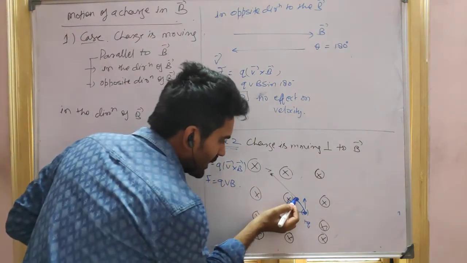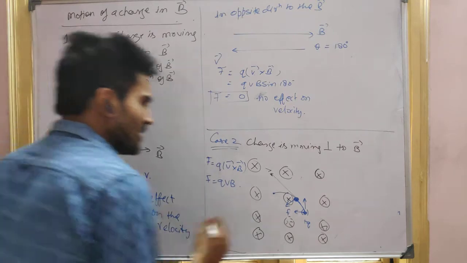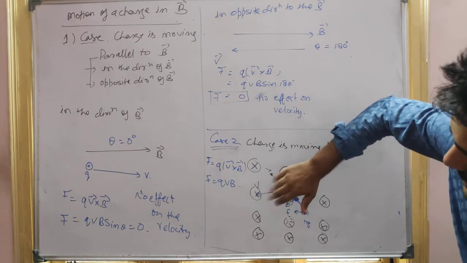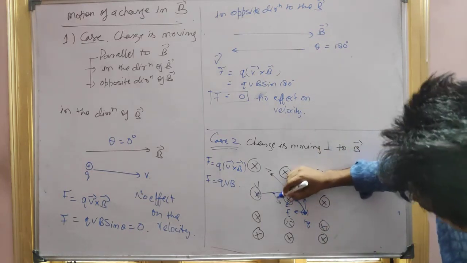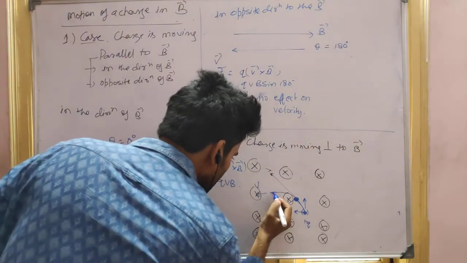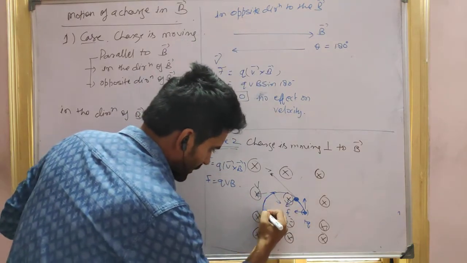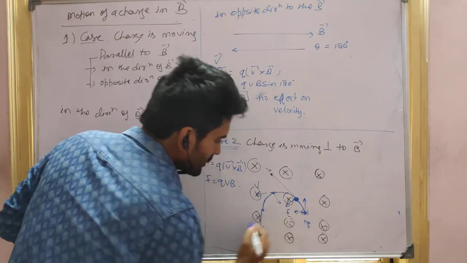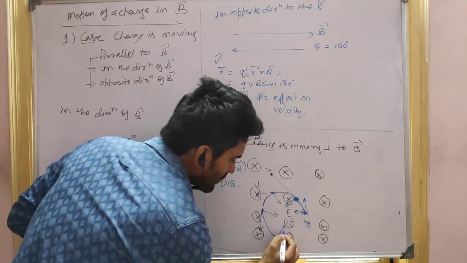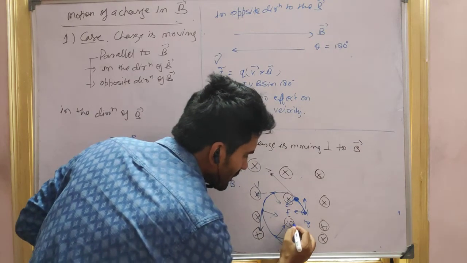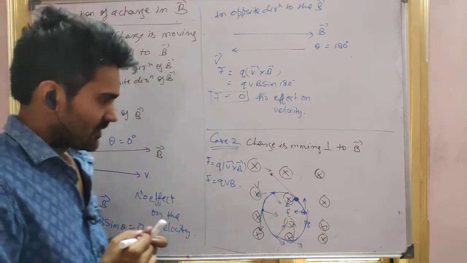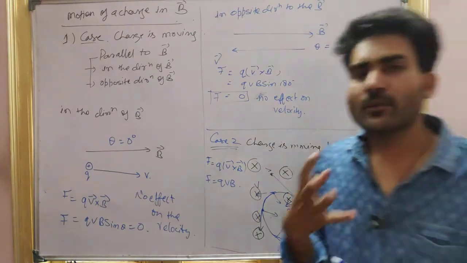Okay. Now let's say it came here like this. So again the velocity will be like this. When the velocity is like this, if you curl your finger in the direction of the magnetic field, the force will be this. Now again it will reach here like this. Let's say it reaches here. Where is the direction of the velocity? Velocity will be here. So where will the force direction be? It will be here. Again it will go like this. Velocity will be here, force will be here. It will go here, velocity will be here, force will be here. Don't you feel it is making a circle? Tell me guys, are you getting my point or not?